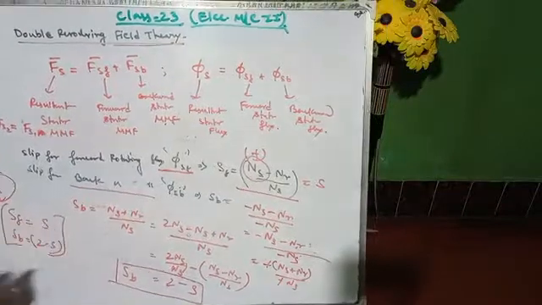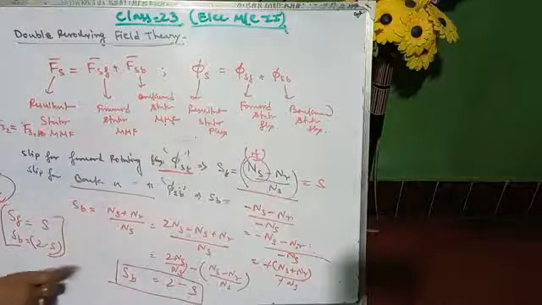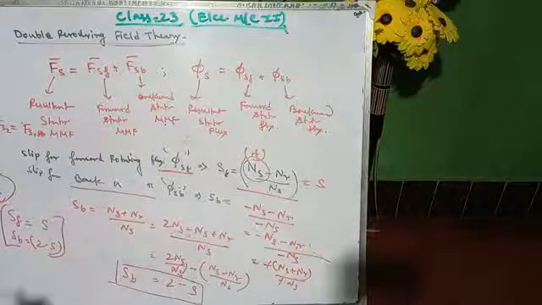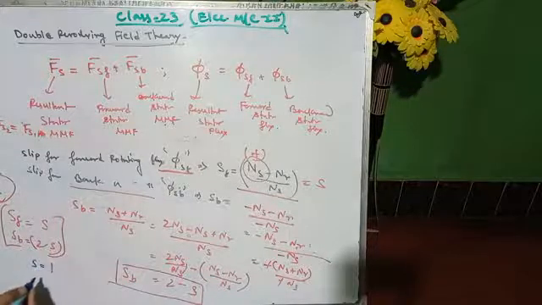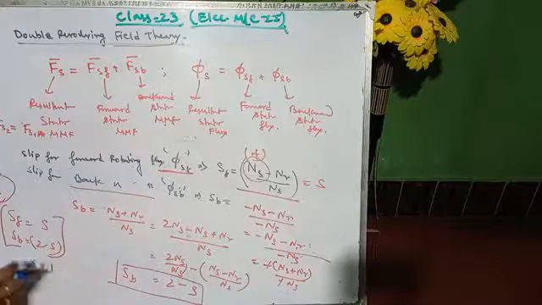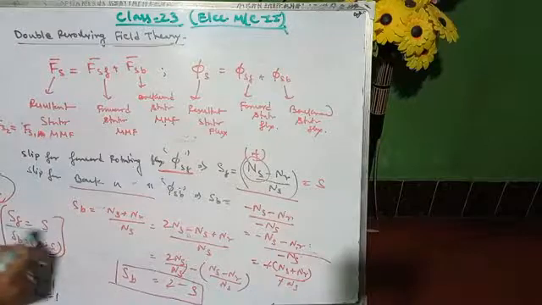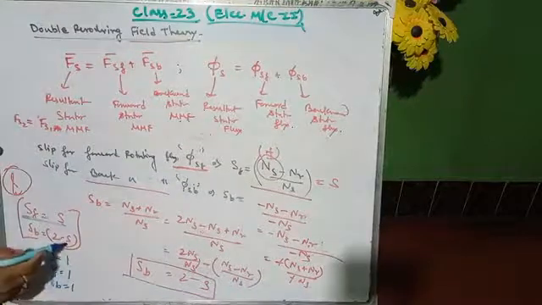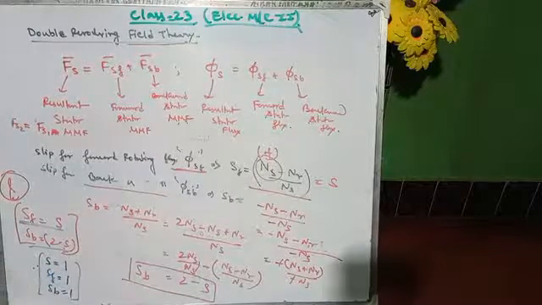Okay, and from this concept there will be a question in your exam. So now write: at standstill condition, s equals 1, that is no slip, that is no rotation takes place. That is s equals 1, that is sf equals 1 and sb also equals 1. Because if we put s equals 1 over here, then sf equals 1, and now putting s equals 1 over here, then sb also equals 1. So at standstill condition all the slips are 1.